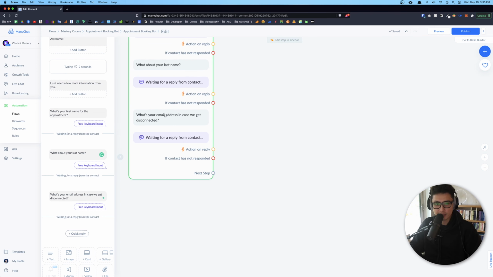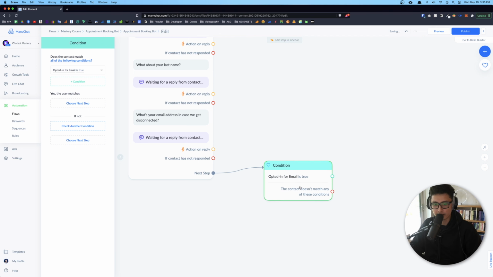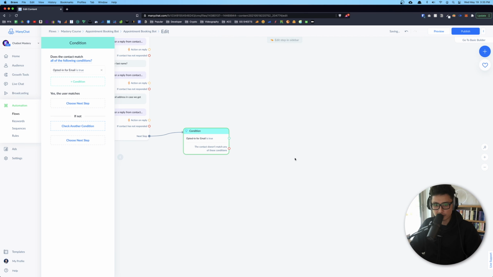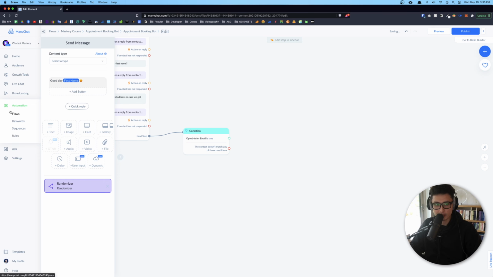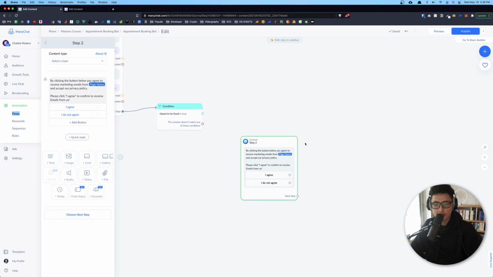So after they leave their email address, we're going to quickly run a condition here. This condition is going to grab their email to see if their email opt-in is true or false. If it's false, we're going to grab their email consent. If it's true, that means the person had previously agreed on receiving email from you. That's the email consent we used, because this email consent can be from any other flow, right? If this person agreed to receive email from you in another flow,